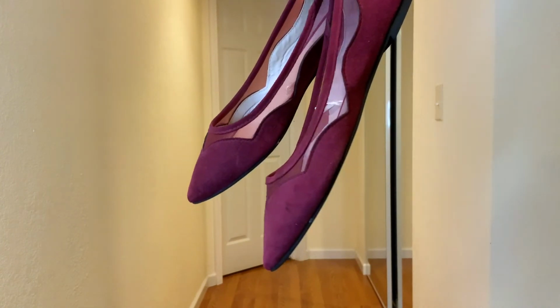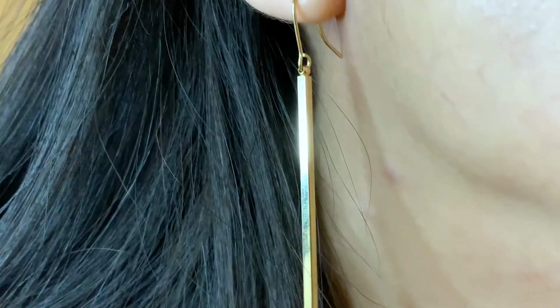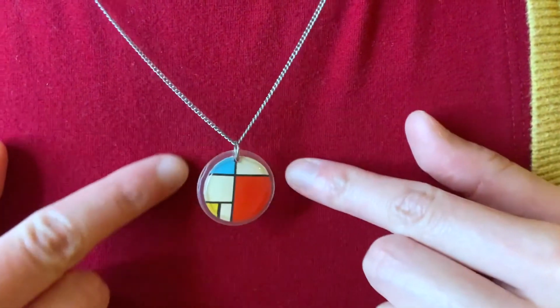These are my burgundy pointed toe flats in a scallop design with a sturdy mesh border. For accessories, I stuck with these simple dangly gold line earrings and adding the touch of art by wearing a Piet Mondrian necklace. So that is my wrap up of part 1 of what I would wear as different art